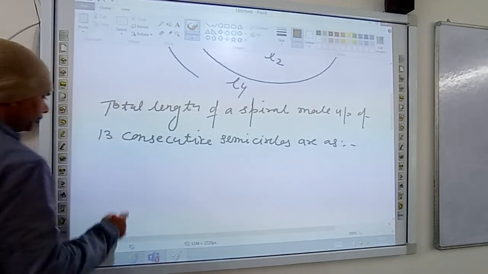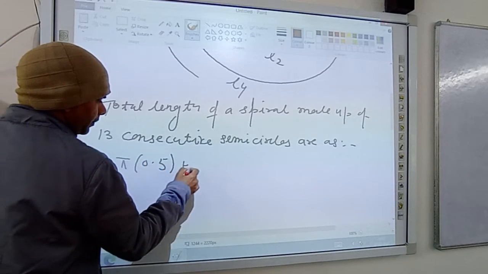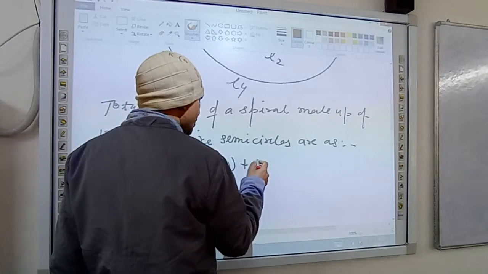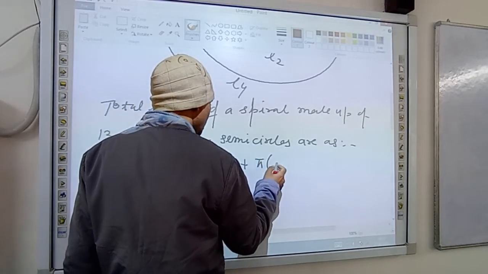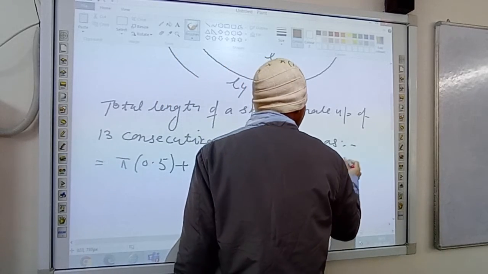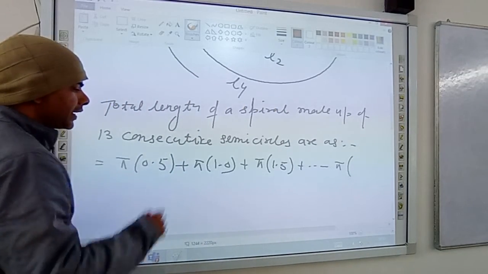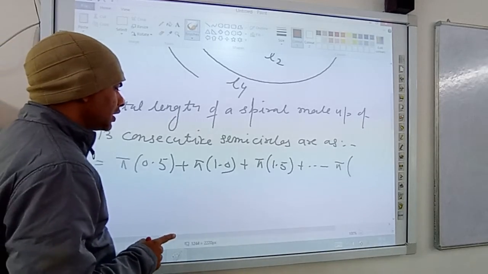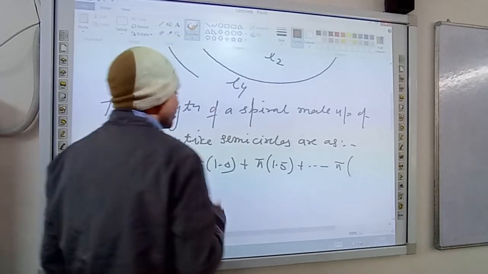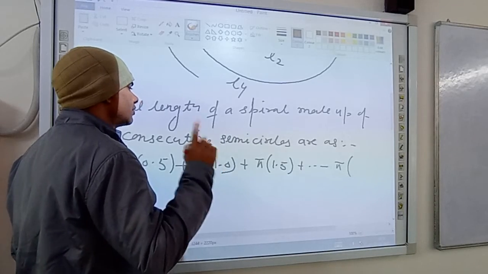Pi r1, pi into 0.5 is the first, pi into 1.0 is the second, and third is pi into 1.5, and so on up to 13. The first semicircle radius is 0.5, second semicircle radius is 1, third is 1.5, fourth is 2, and the 13th semicircle radius will be